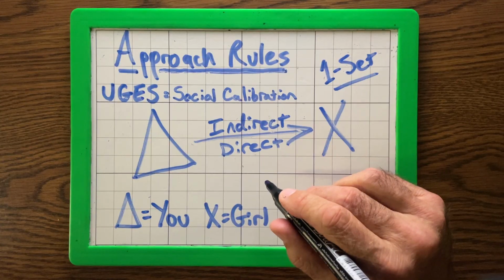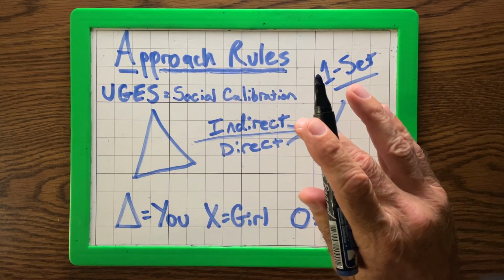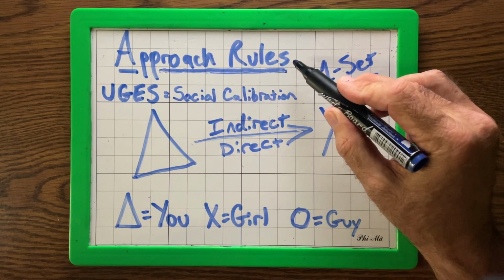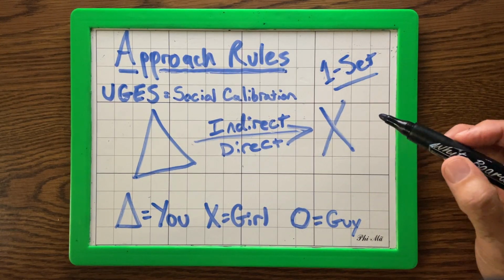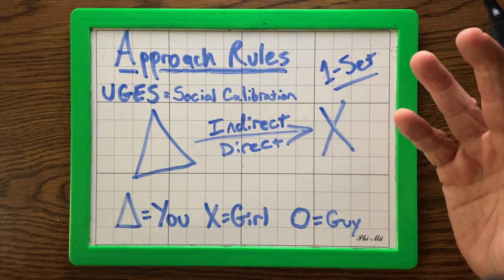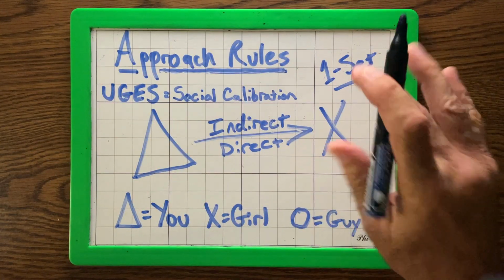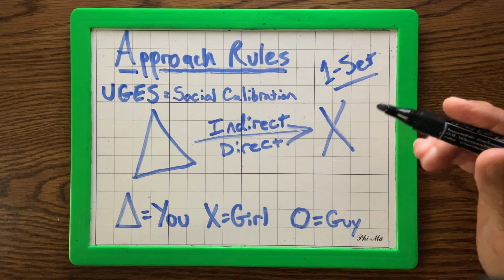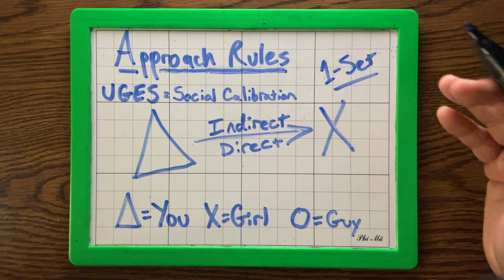In today's video, we're going to go over the X's and O's of verbal cold approach. Specifically, I'm going to talk about approach rules that are based off of the size and composition of the group, or what we would call a set, that you're going to actually socially interact with when you do the cold approach. After we've covered that, you'll have a basic template showing you what to do. Then I'm going to go beyond and talk about how to do it, or how to do it well.